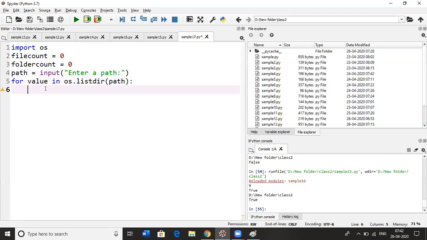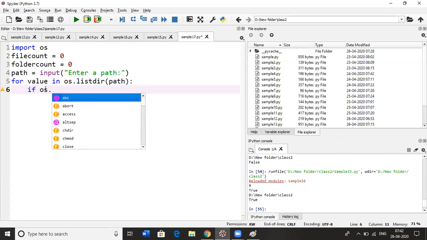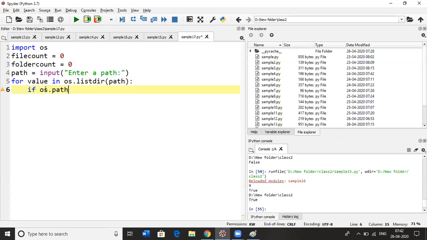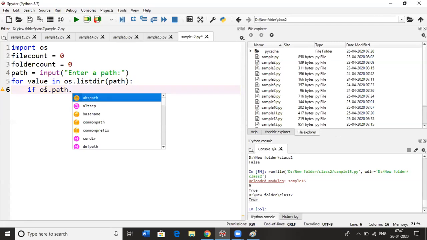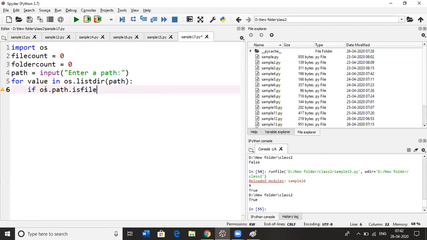How can we check? First we need to use the module os.path.isfile. In that isfile we need to give the file name. Don't just give the file name, give the whole path.